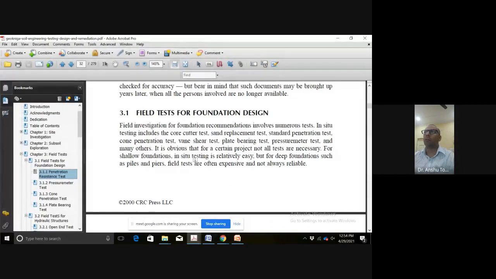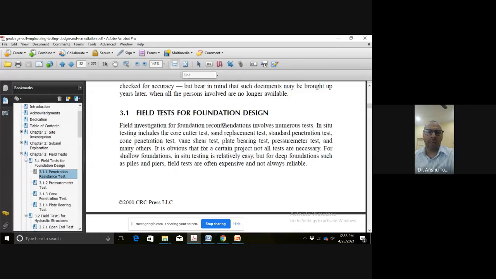From today onwards, we will be starting a part of the soil testing and report writing, which is a part of the third unit. So there are two domains of field testing as far as soil is concerned. That is the actual practical field testing corresponding to the design of the foundations. And the second one is the laboratory testing of the soil samples.